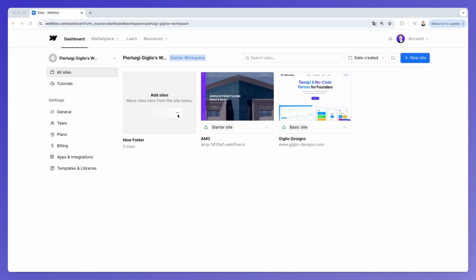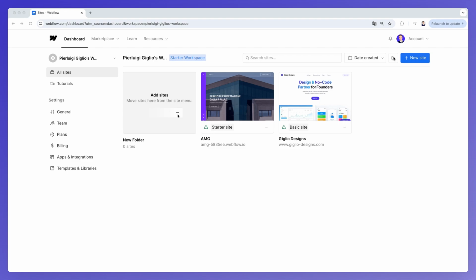In this video, we're going to learn about the main Webflow dashboard, which is what you're going to see right after you signed up to your Webflow account. Now, at this point, you're going to see the websites which you have, which if it's the very first time that you create an account, you're not going to see the websites, but only the call to action to add a new site. Now, you can add a new site by simply clicking on a new site right over here,